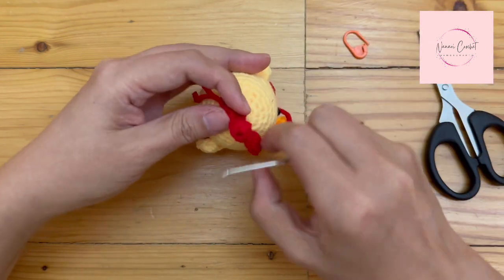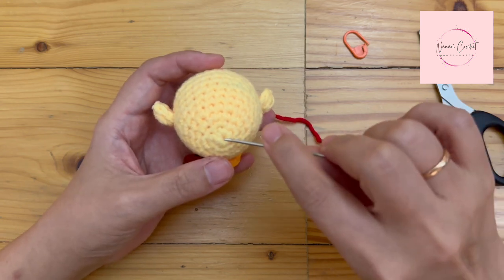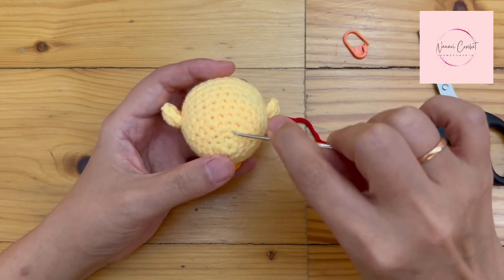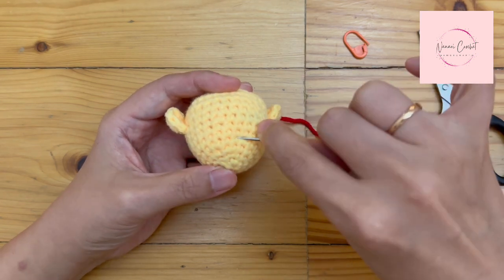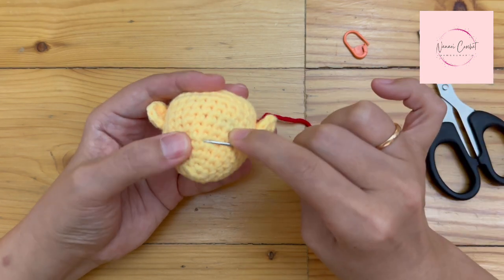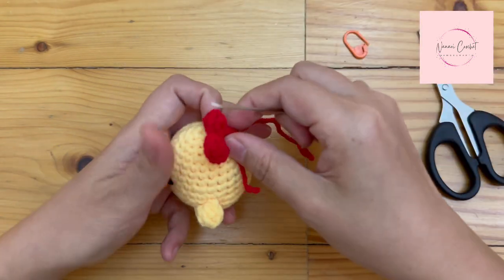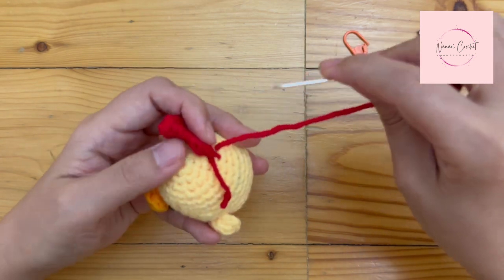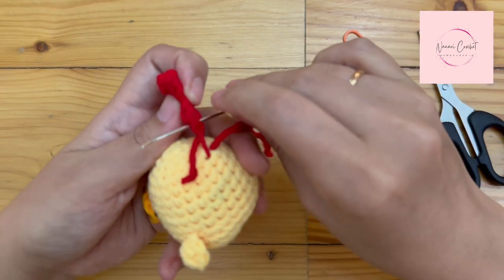Okay, so I'm starting to count from the center of the magic ring. I count 4 rounds below it. 1, 2, 3, 4, and then sew it across its stitches. Okay, the first one,